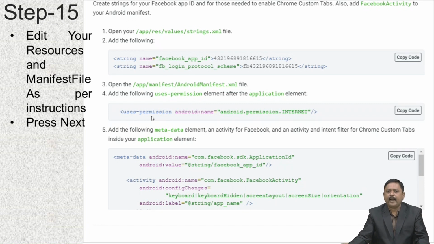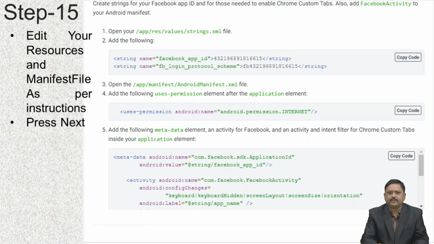You have to add this permission, which is for using internet, in your manifest file, and you have to also add this metadata element inside your application. Now you can directly copy this code by clicking on the copy code button and paste it in the corresponding file. So again you need not type anything, you just have to copy and paste it.